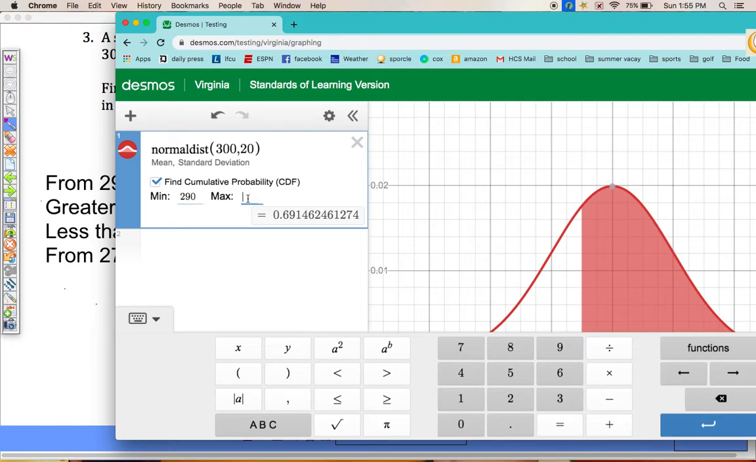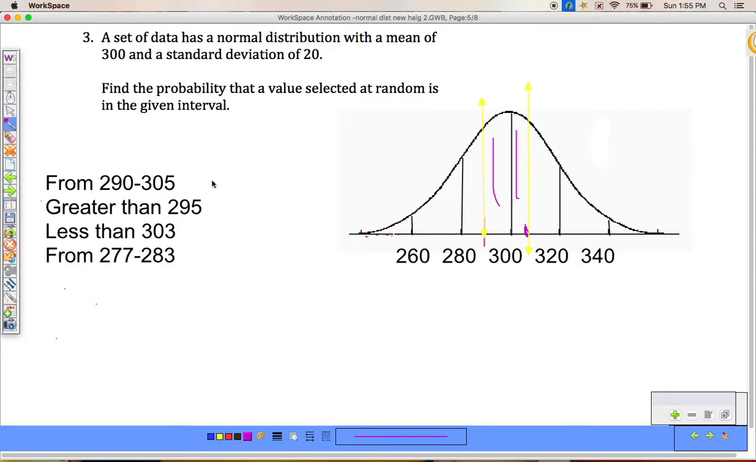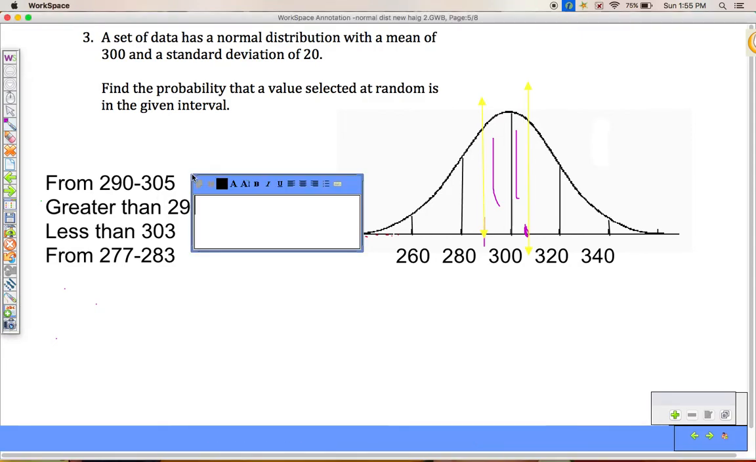My maximum value we said was 305. And there's going to be my answer. So it says 0.290, rounding 3 places just in our head, 0.290, which we're going to make 29.0%. That's the probability